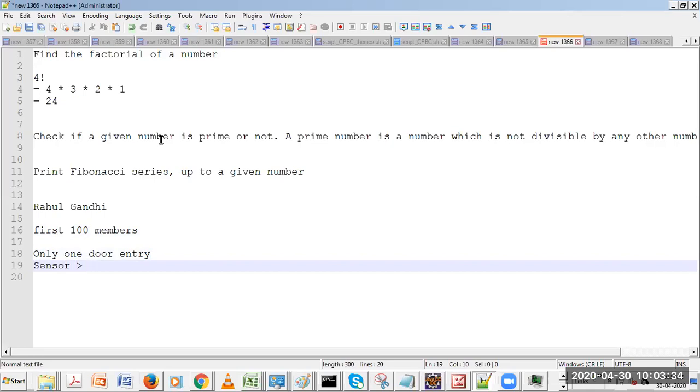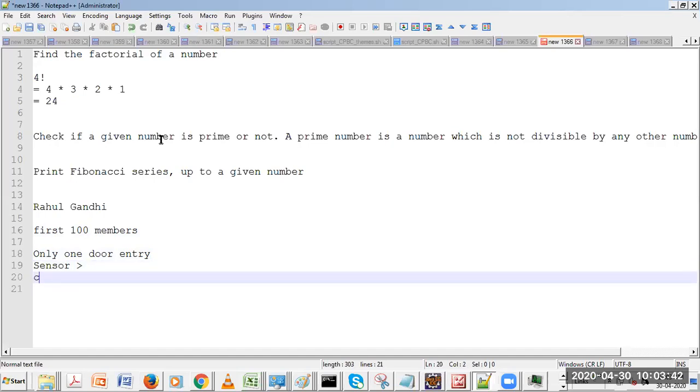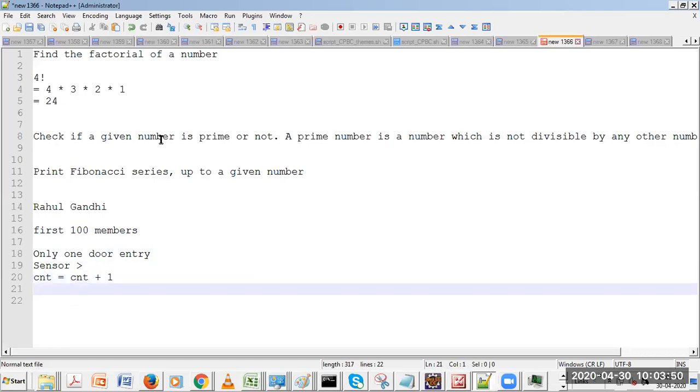So then this sensor would give me an input whether the person has entered or not. Now, as soon as the person has entered, the counter, which shows me how many people have entered, will increment by one. All of it clear? Then the sensor will check, the counter will increment. And as soon as the counter reaches the value of 100 people entered, the counter will trigger the door close event. Hope you're clear.